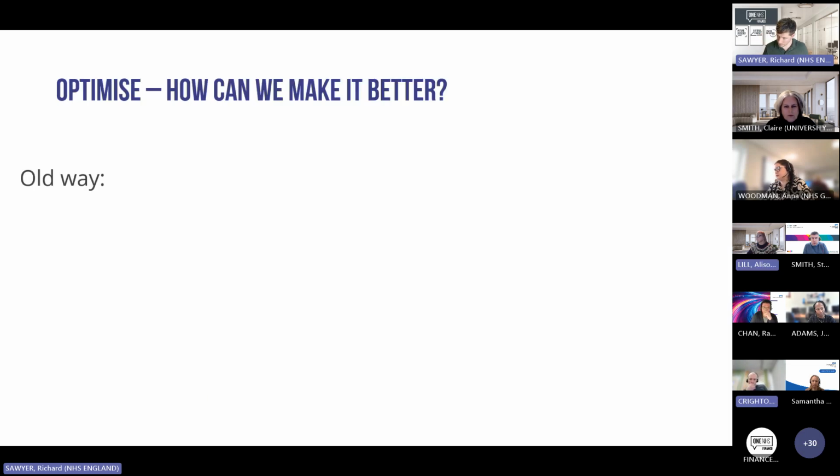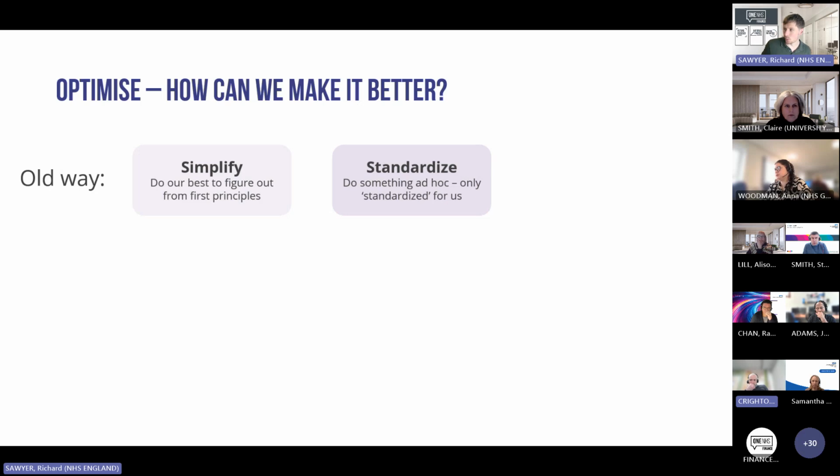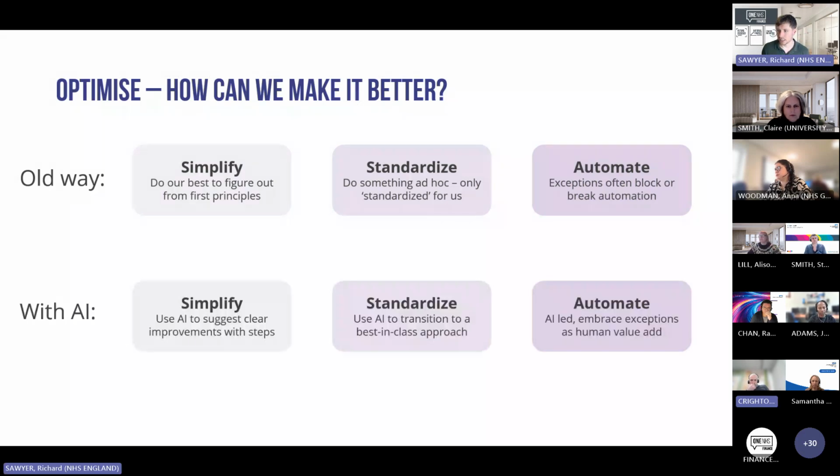So what we're going to be doing is, when we think about the old way of doing this and the new way, the key difference is that because we can use AI, we can get it done a huge amount quicker. And we can also put in all of those reasons why you can't transform or improve a process in a certain way. I don't have access to that system. I can't do it this way or the other.